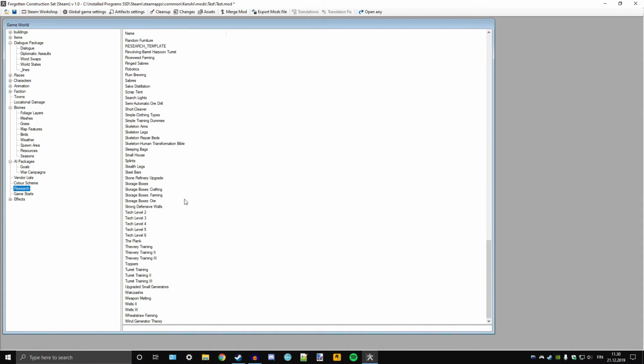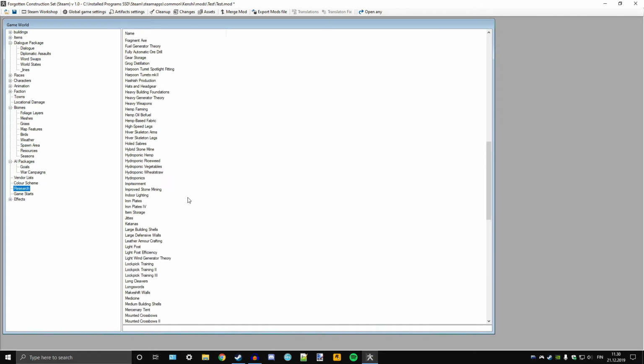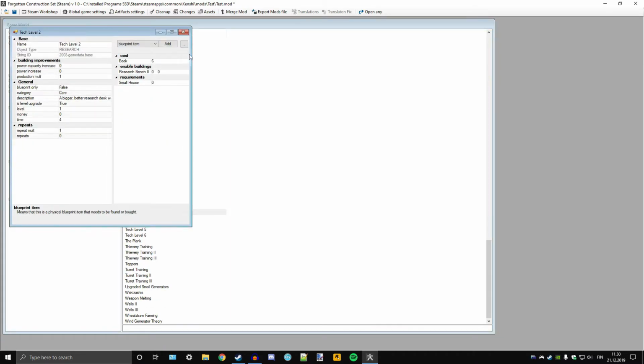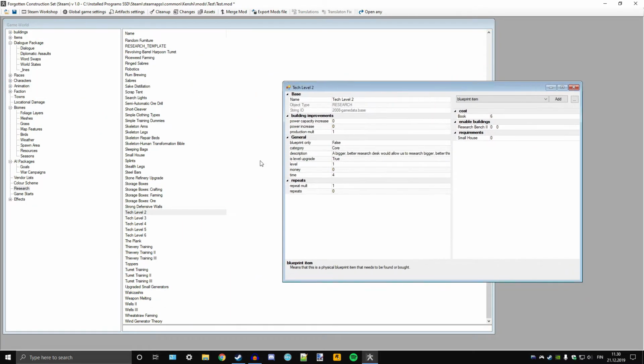Research. This is where all the research is. And let's choose, what was a numbered one here? Tech level 2. So it's called Tech level 2, and you research it. A bigger and better desk would be, you know, basically Tech table 2. And it requires that you know how to build a small house. And it enables the research bench. And it costs 6 books to